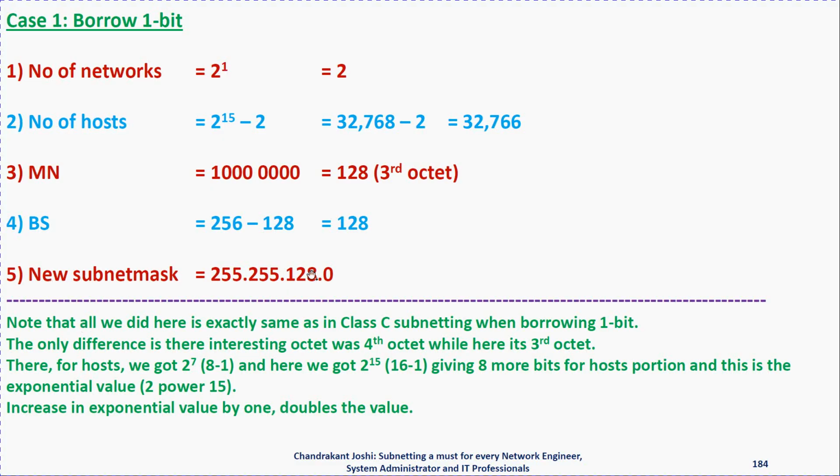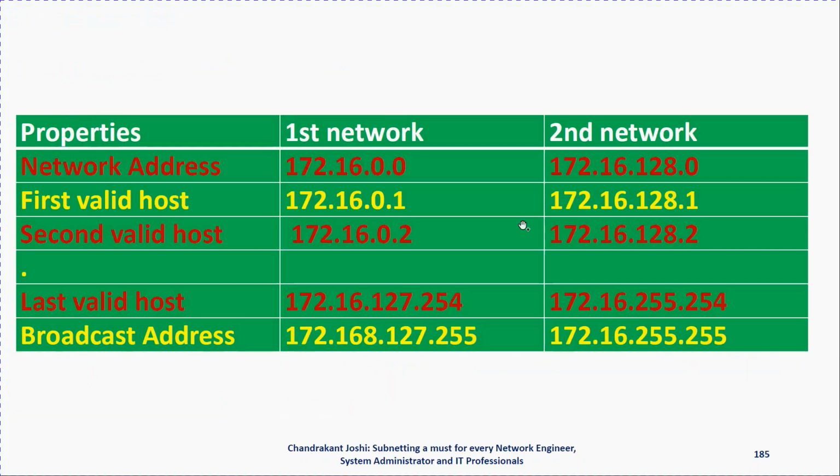The new subnet mask, now it depends upon the magic number. Because this is in the third octet, the change will be in the third octet only. Now block size, what does block size give us? The block size gives us the next subnet value. So the first subnet is 0.0, the second subnet will be 128, and that will be in the third octet. So the two networks are 0 and 128, but this 0 is in the third octet and 128 is also in